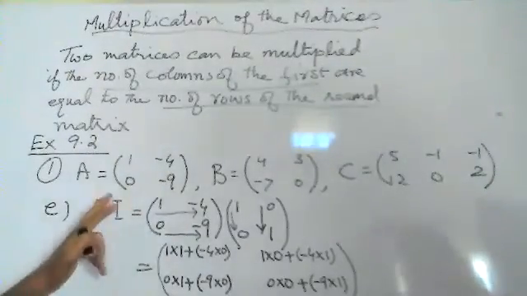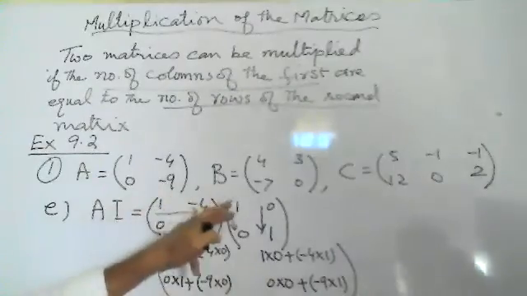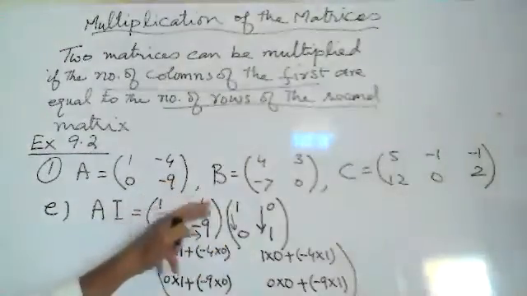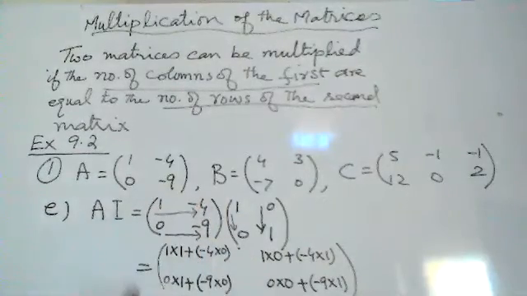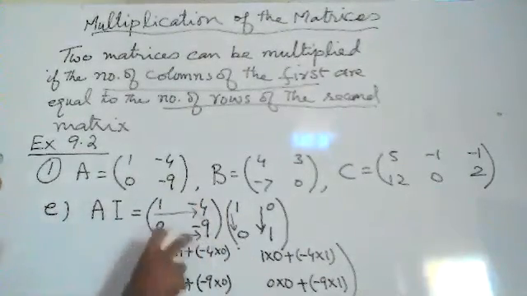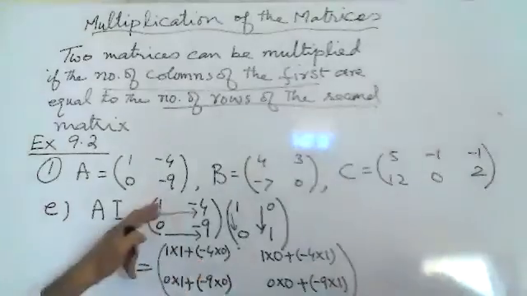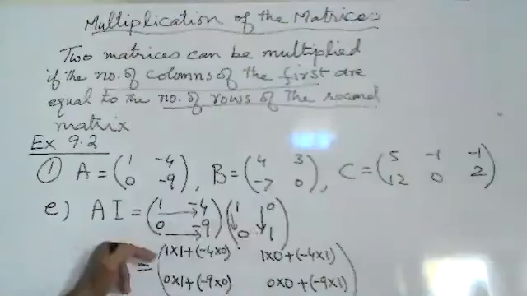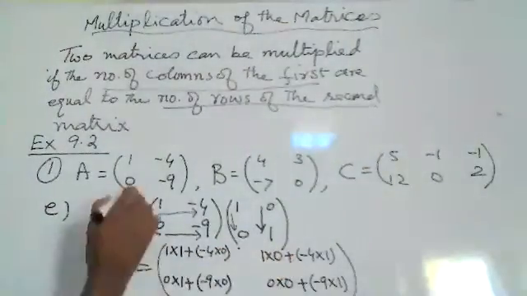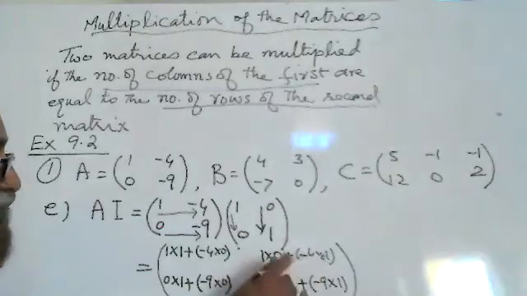So first of all, the first row is multiplied with the first column. One element is multiplied with the one element, the second element with the second element, the third element with the third element, etc. And all the products will be added together. The answer will be written in the first row, first column. In the same way, the first row is multiplied with the second column. The answer will be written in the first row, second column. First number with the first number, second number with the second number, and then both are added.